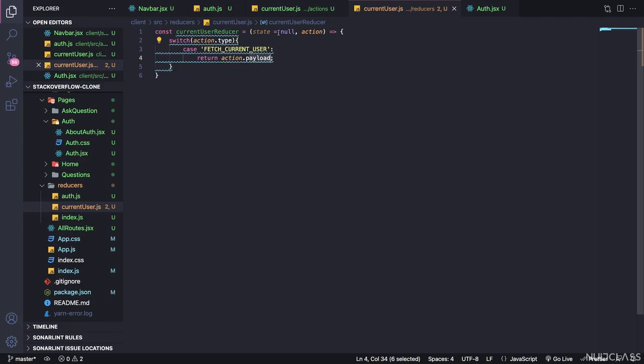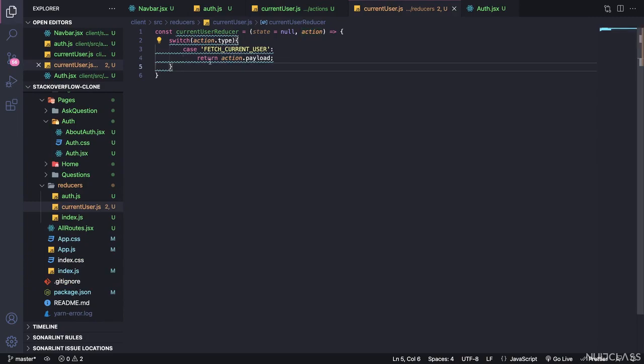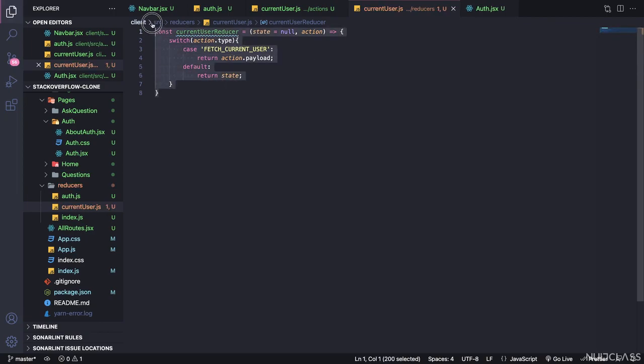So this is nothing but the payload which we have sent here. You can see the data which we have passed to this setCurrentUser action is renamed as a payload, and we are just sending that payload to a reducer. And in here, if that reducer action type matches this FETCH_CURRENT_USER, we're just returning that particular payload. And here is going to be a default case which just returns state. So that's it, we have completed this